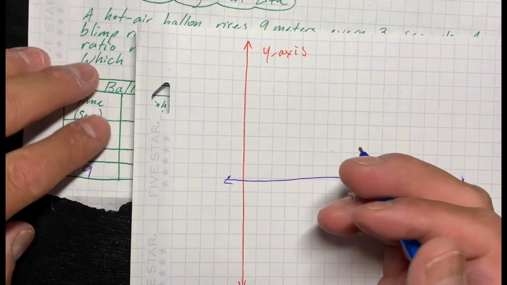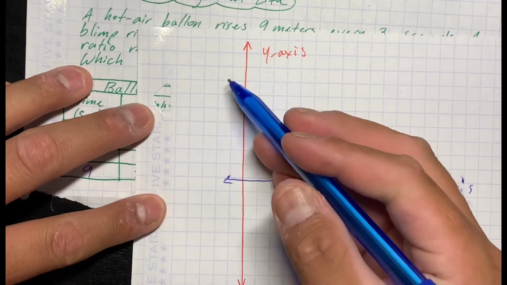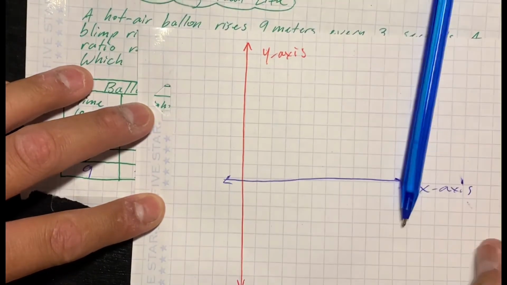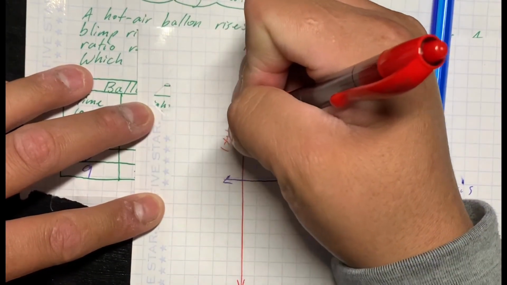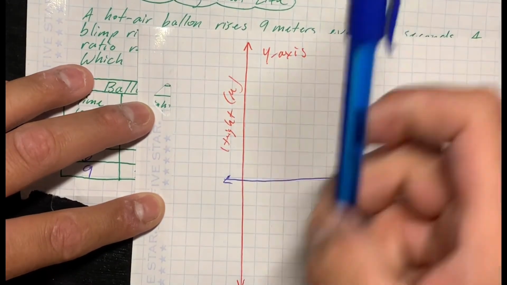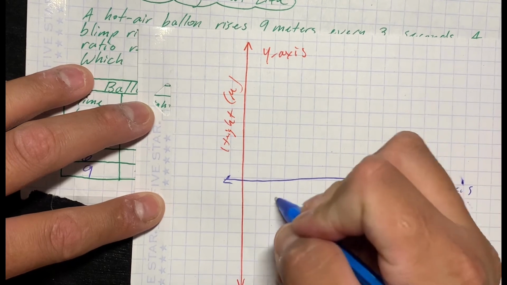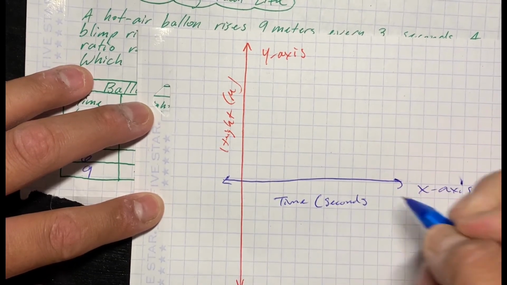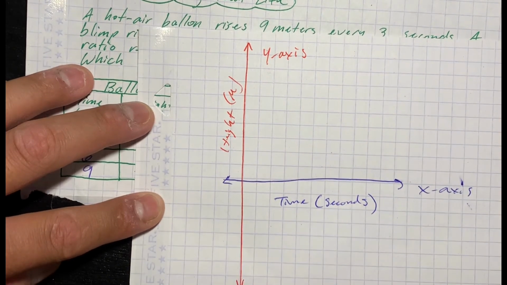All right, so let's go in multiples of 4 for our height. We'll label this our height. And this is going to be in meters. And in blue, we're going to record the time, but in seconds. Okay. So let's start with the